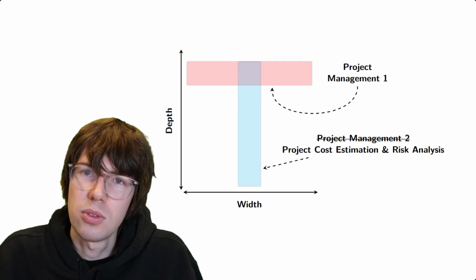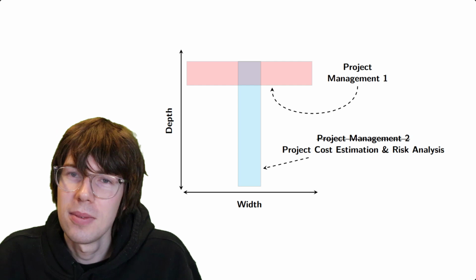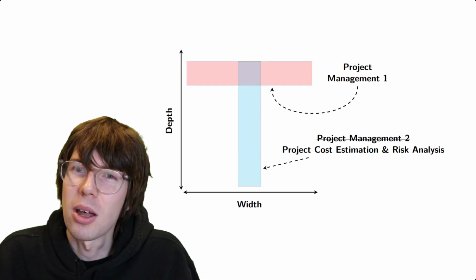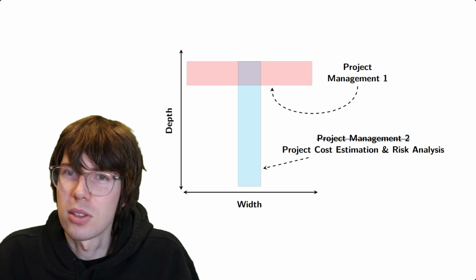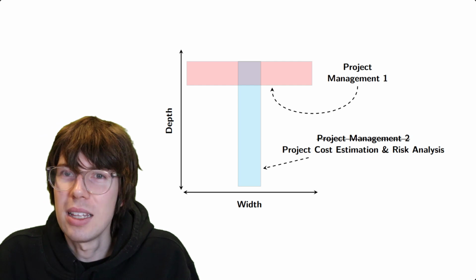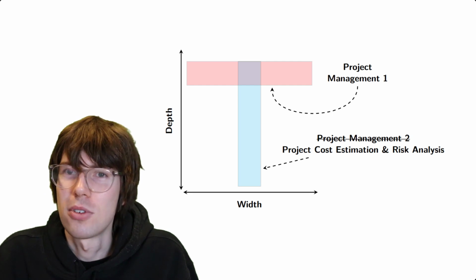So let's do that. First of all, what is the relationship between my two courses? The second course is a follow-up course to the first course, obviously, but the first course is a little bit like the 2016 video game No Man's Sky, which was famously described as being wide as an ocean and deep as a puddle. And that is basically how I feel about the Project Management 1 course. We are covering an enormous amount of different topics, so many different things. It's wide as an ocean in terms of its content, but we don't really cover any amount of detail. So detail-wise, it's deep as a puddle. That is the first course.